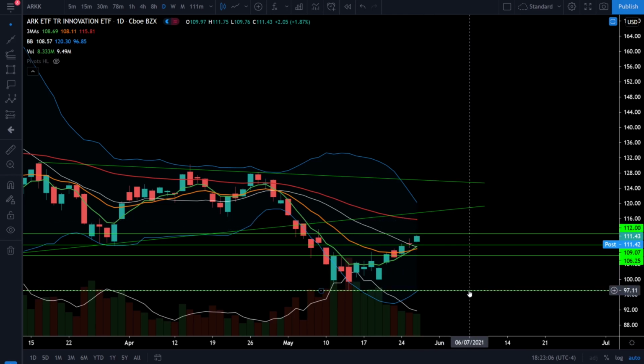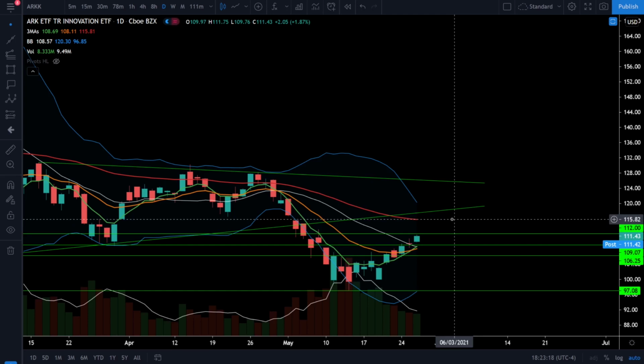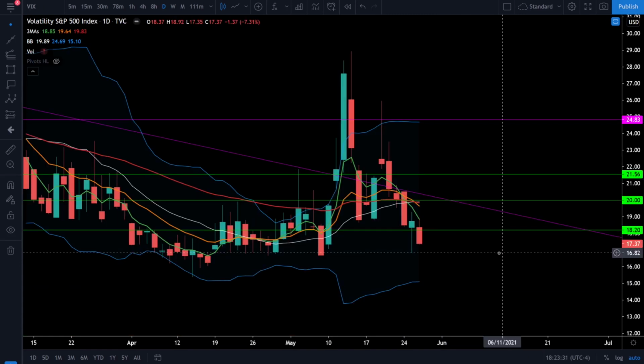off of 97. So this is looking like a nice rally in ARKK, but it can't be trusted until we see a return of the bull trend and a breakout back above the 50 EMA. So be patient because you don't want to be caught buying ARKK around 116 if it's coming all the way back down to 97. On the VIX, which is our fear indicator, we see the VIX going down over 7%